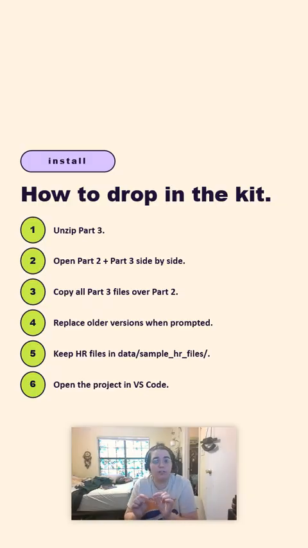Now, there is a choice when you get here. If you've already built part 2 from the previous video, you can drag all the new files into your part 2 folder and just let them overwrite the existing ones when prompted. If you're new, you can just copy over the entire folder because